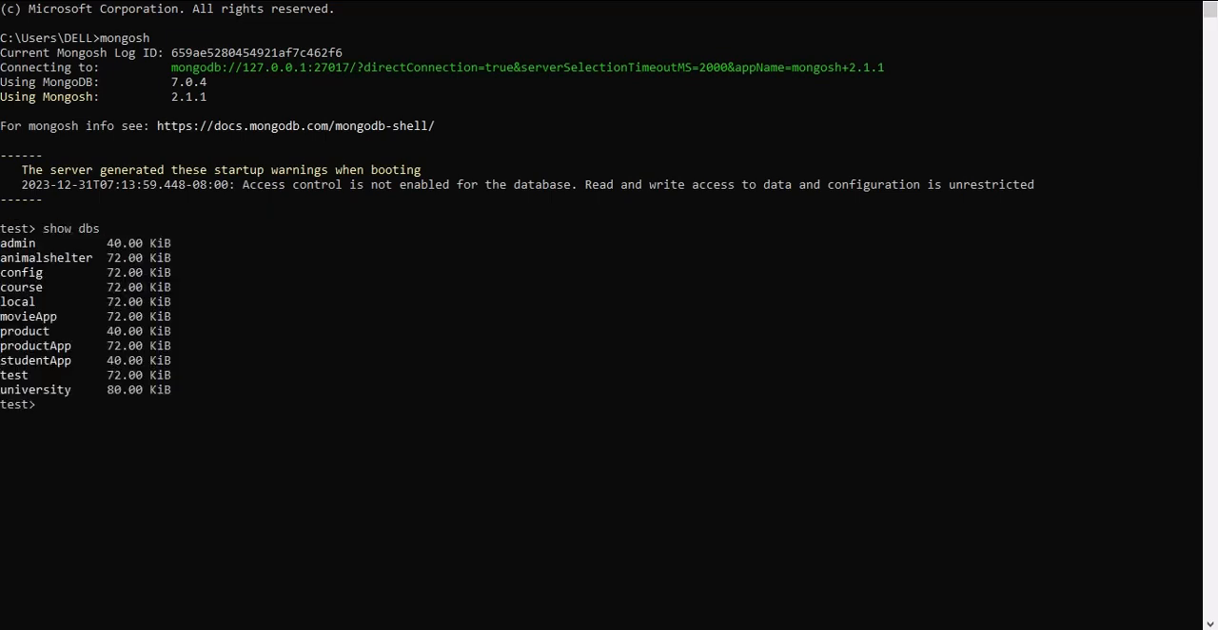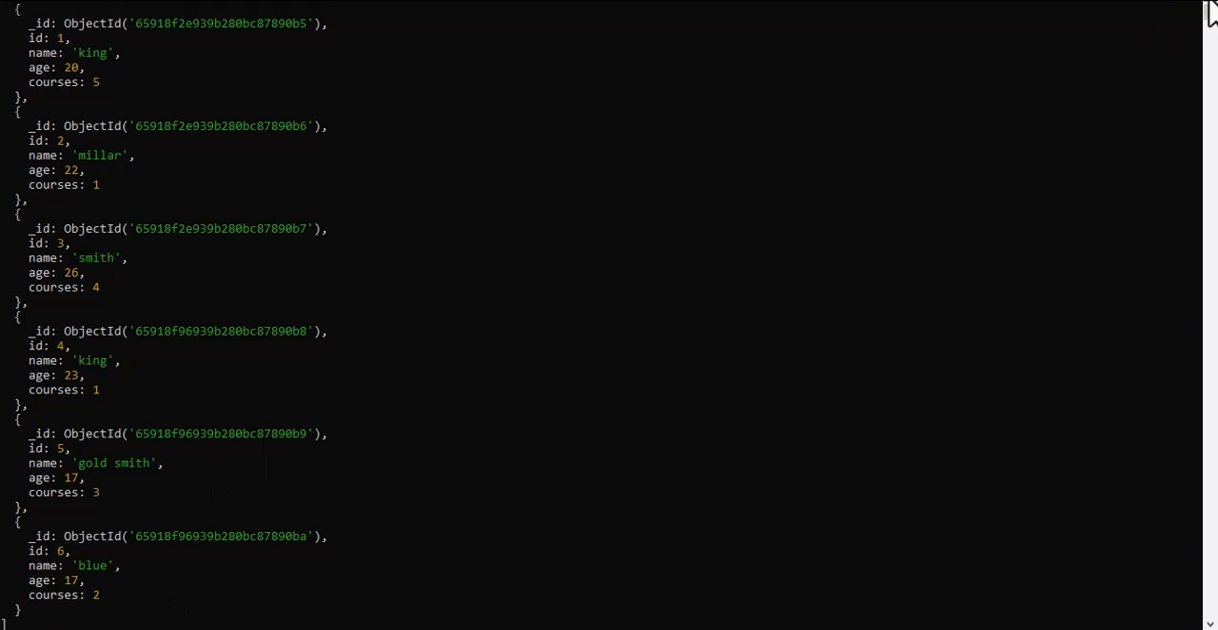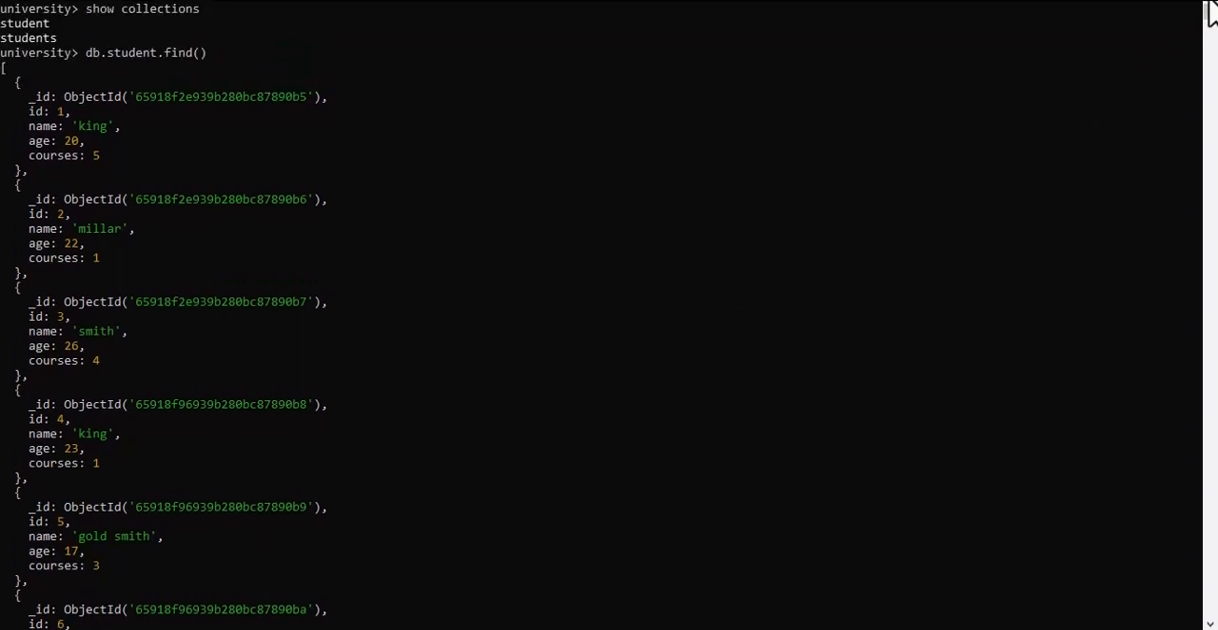So, show dbs. We have already created multiple databases. Suppose we use the university database. So switch to db university and we will write show collections. Now we have two objects, student and students. Let's find first with the student. So we'll write db.student.find. If we do that, we have on the screen all the object instances, object ID 1, 2, 3, 4, 5,